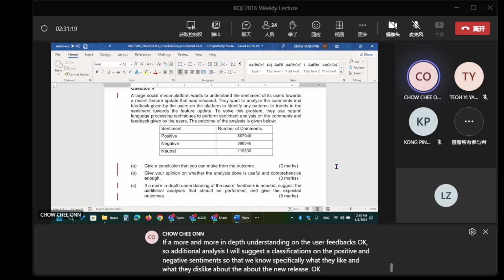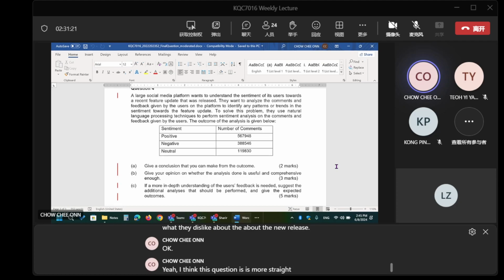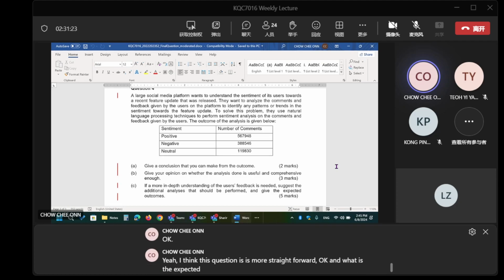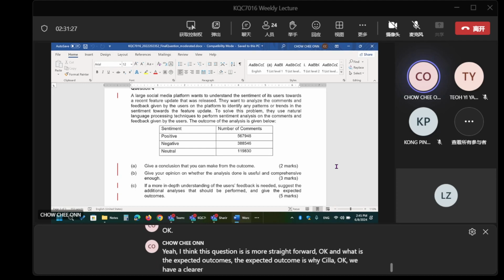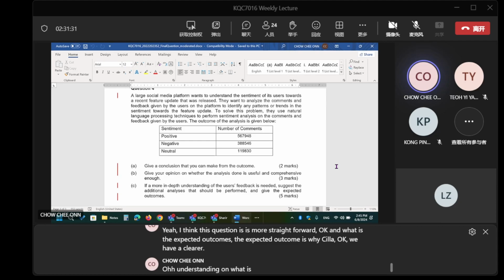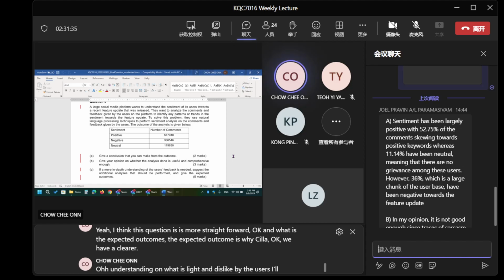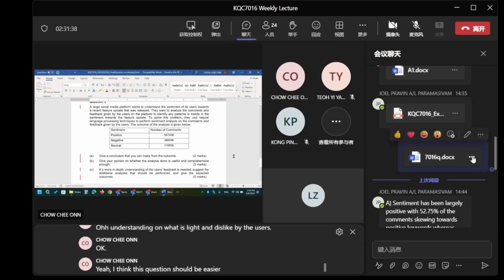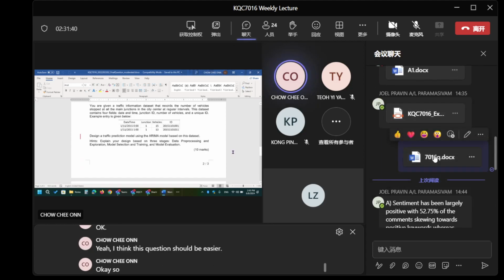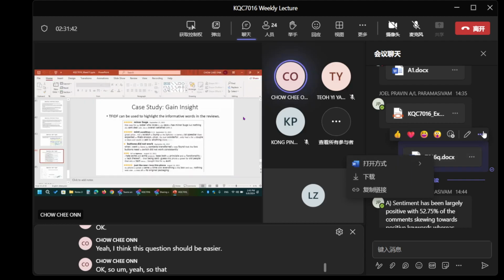I think this question is more straightforward. And what is the expected outcome? The expected outcome is what I said. We have a clearer understanding of what is liked and disliked by the users. So that's all for these two questions.